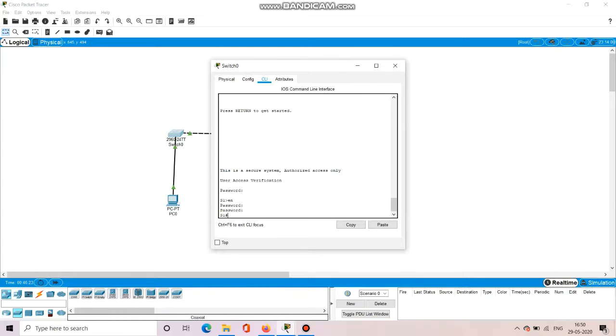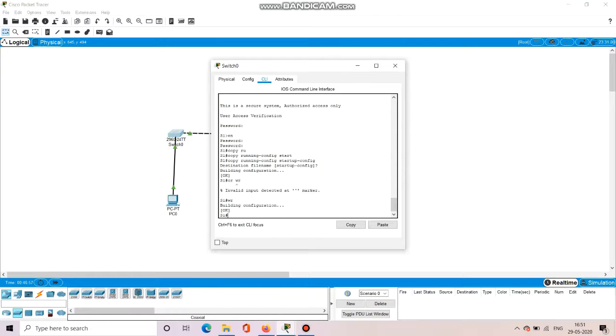Now this is all about the basic configuration of this switch. The same commands are accessible for the router as well. You can use it for the router as well. Now how to save the configuration that we have done till now. For that the command is, at the global configuration mode, you have to write the command copy running-config startup-config. So the command will look like this: copy running-config startup-config. What it means is, whatever we have done till now will be